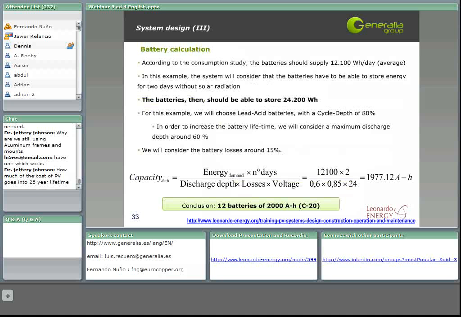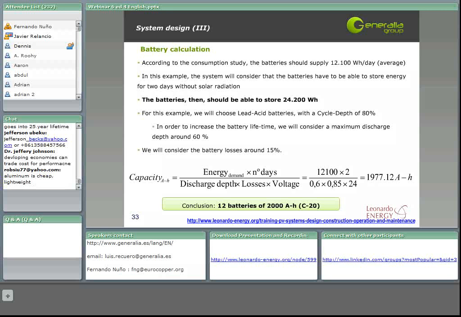So, as a conclusion, as 1,977 ampere-hours is not a commercial size, we can get 12 batteries of 2,000 ampere-hours